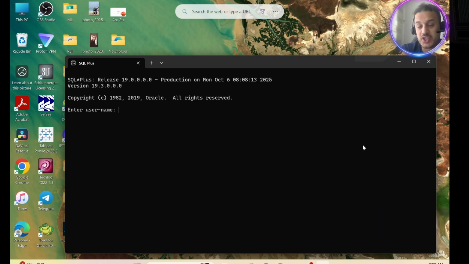So in the previous lecture I showed you how to unlock the HR schema. In today's lecture I will show you first how to make sure the HR schema is open, and then we connect the HR schema to SQL Developer and TOAD tool. I'm going to connect SQL Plus